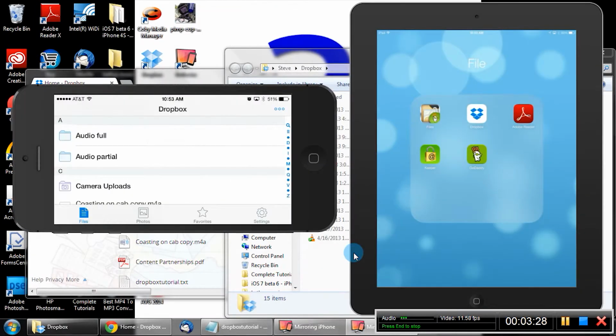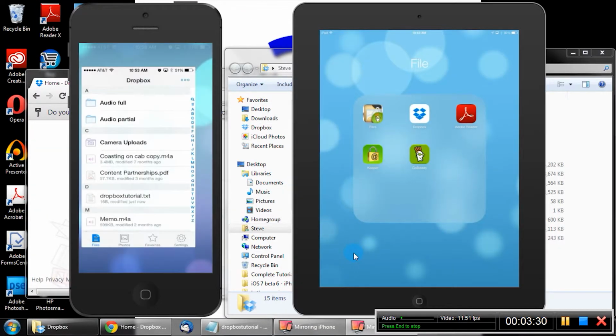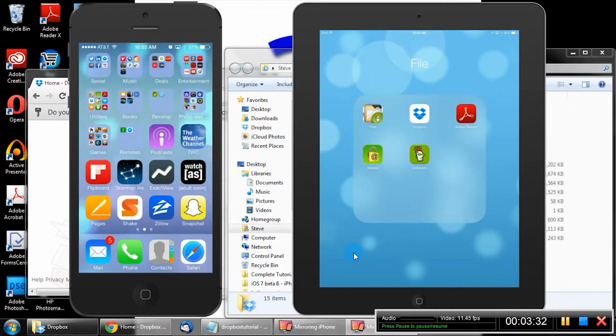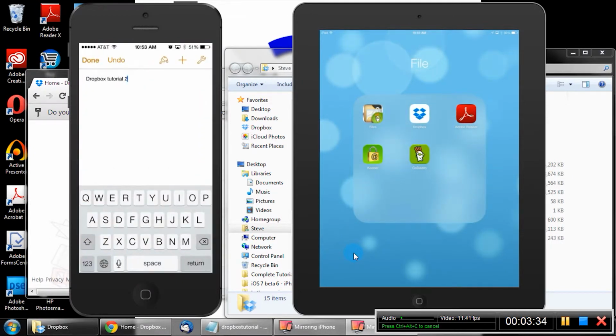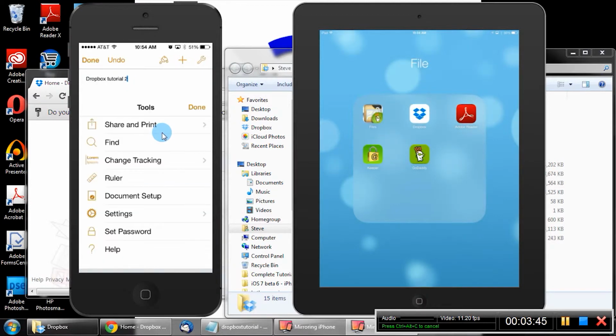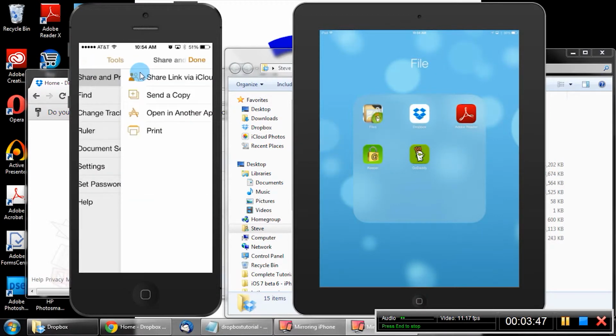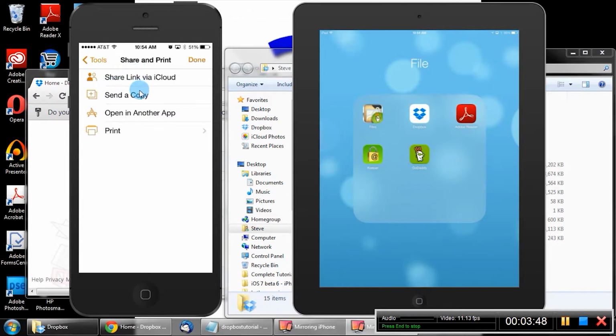I'm just going to show you how to do this actually on iOS. You don't have absolute access to the file system on iPhones and iPads and stuff, but most document generation programs will allow you to save things. And here I'm using Pages, which is Apple's word processing program. I'll go to open in another app,